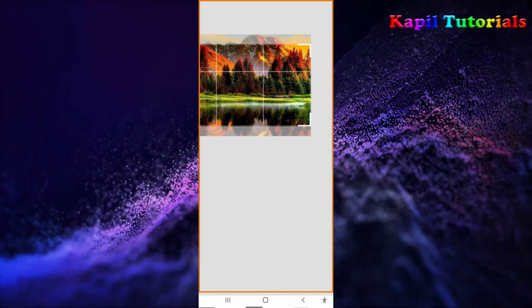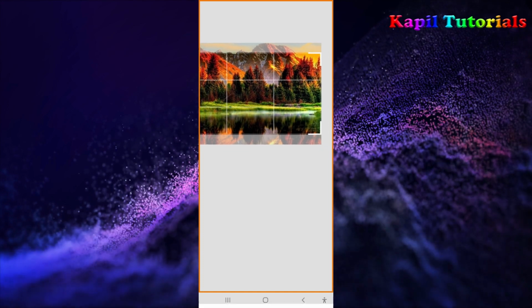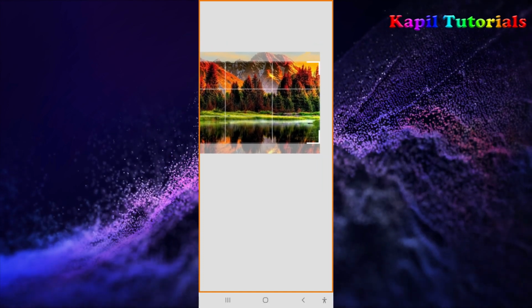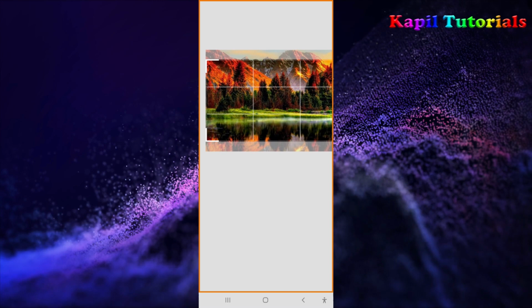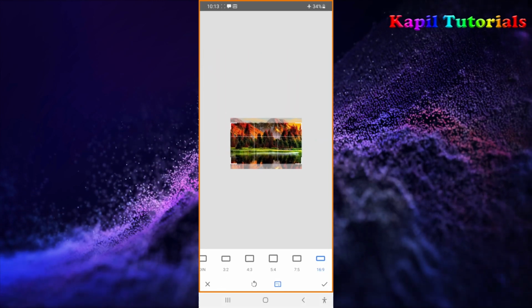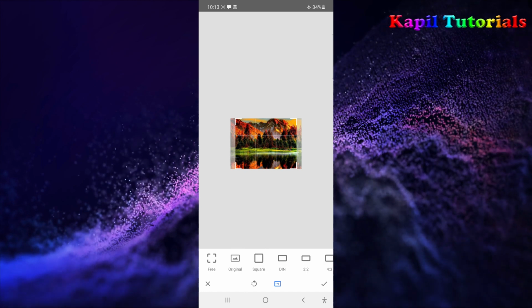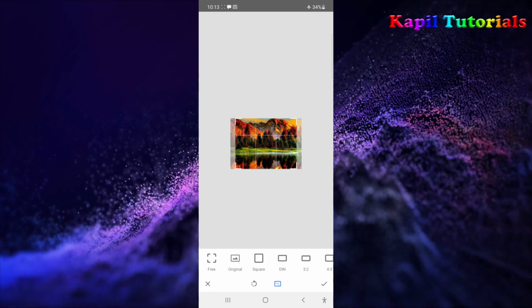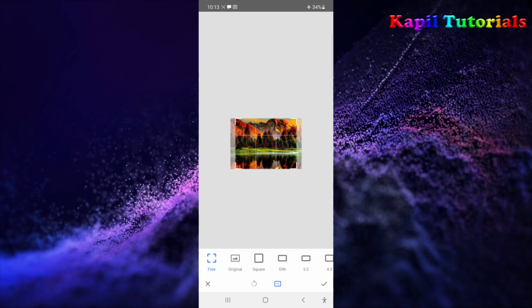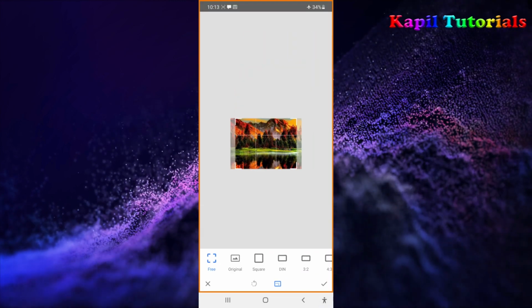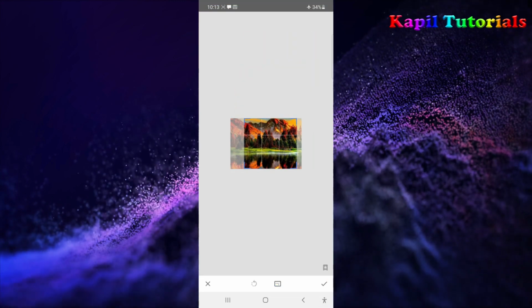Just see here. If I'll click, then the rest of the part which is little blur or not selected will be deleted. Then like this 7 by 5, 5 by 4, many sizes are there, but I always prefer free size. In free size, I can set the size according to my need.